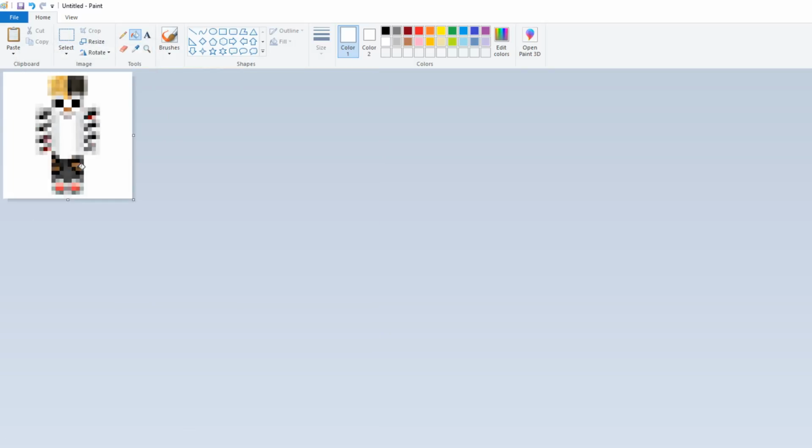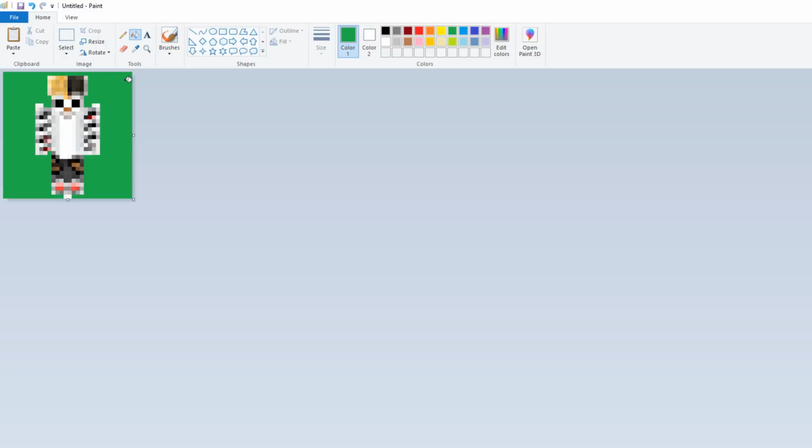Now I'm just going to hold Control and scroll up. So I'm kind of just taking a look at the image. I'm going to select green again. And this just gives me a general idea of what the image is going to look like. So if there's any other areas I want to clean up, particularly around the arms, I want to get rid of the shoulders right there, make the feet more flat.